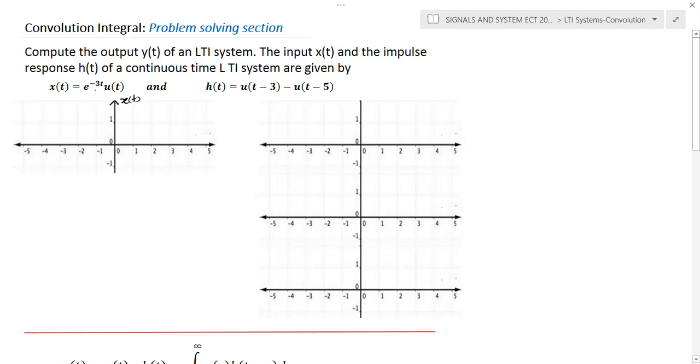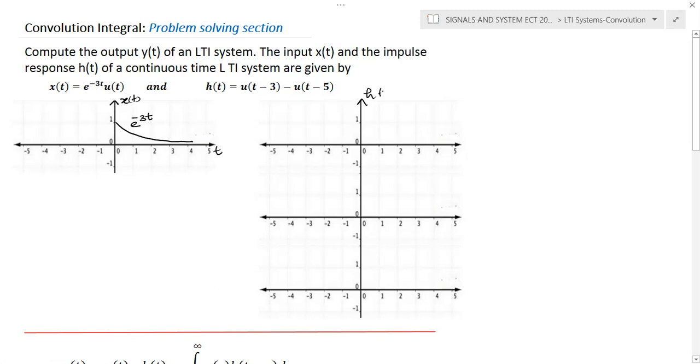If you observe this particular waveform, it's an exponentially decaying signal, e raised to minus 3t into u of t. This exponential signal is multiplied with u of t, meaning u of t exists only on the positive side. So you'll get an exponential signal which exists on the right-hand side. The maximum amplitude is 1, and for t negative the magnitude is 0, because u of t exists only on the positive side. And here the amplitude you can indicate as e raised to minus 3t. This is the signal x of t. Now we'll plot h of t.